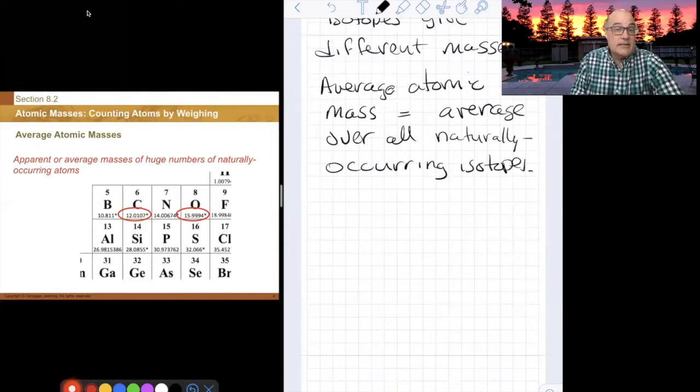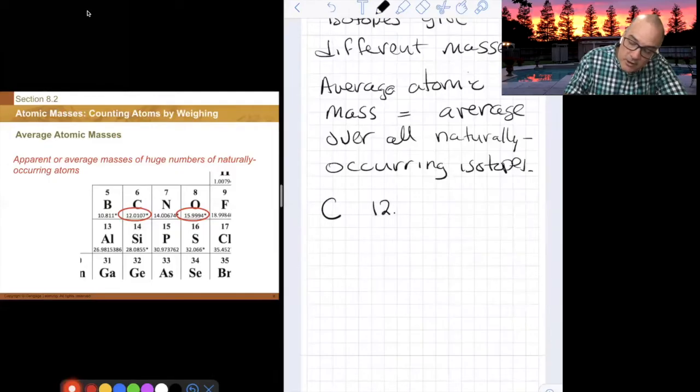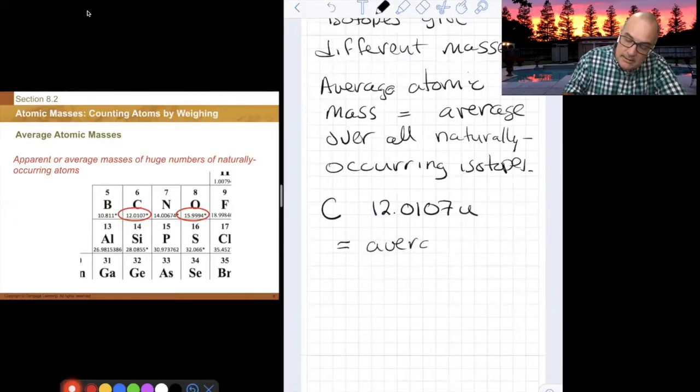In other words, many decimal places. For example, carbon is 12.0107 U. So carbon 12.0107 U is the average or apparent mass of a single carbon atom